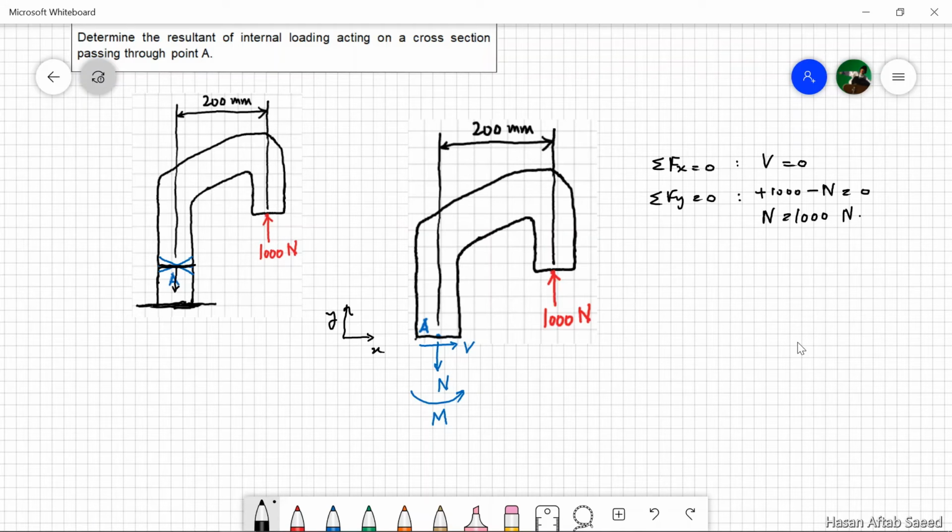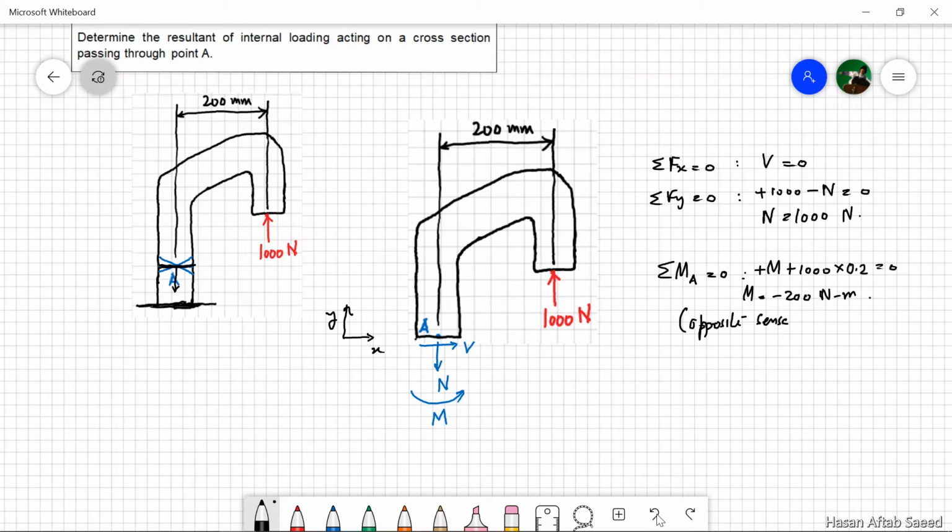The third equation, summation of moment about any point is equal to 0. Let's take point A. Summation of moment about point A is equal to 0. This gives us M plus 1000 into 0.2, taking distance in meters, equal to 0. This means that M is equal to minus 200 newton meters, which means that actually it is acting in the